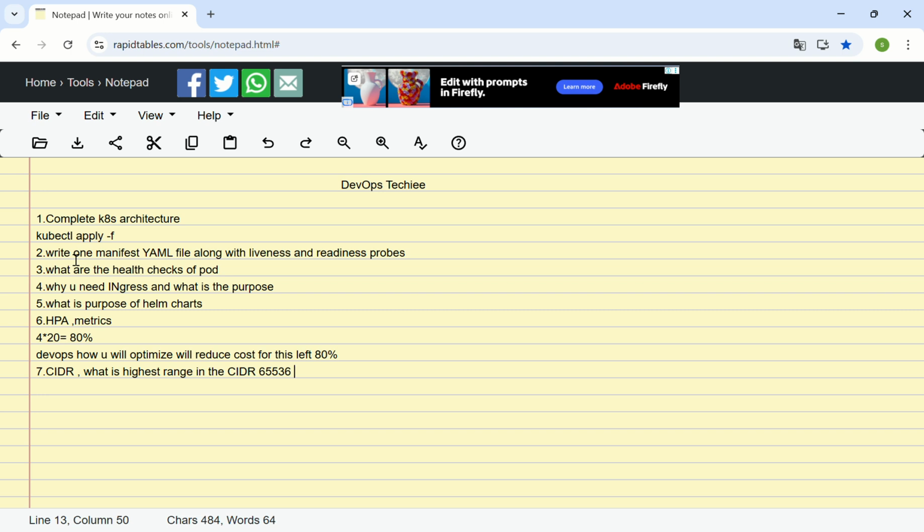If this is the question, you don't need to memorize anything, you need to go through the concept. If they're asking for the full form of CIDR, then you need to know the total concept, how this range is coming, how we are getting the total available IPs. We need to deep dive into this in brief. So the total VPC concept,